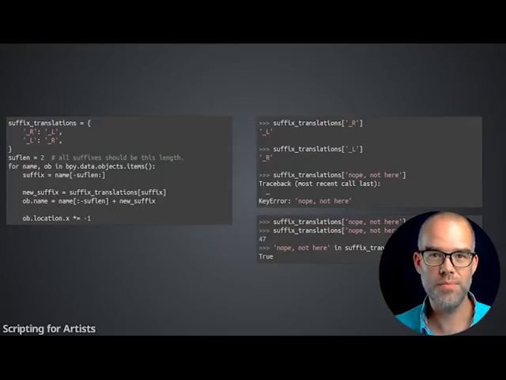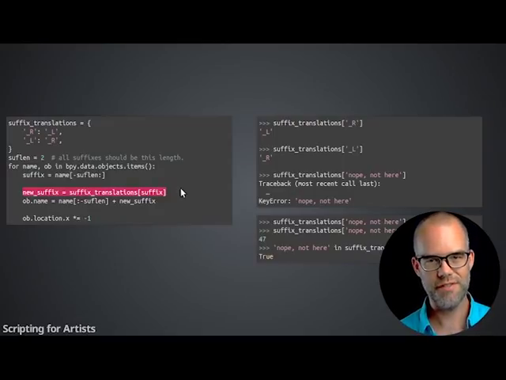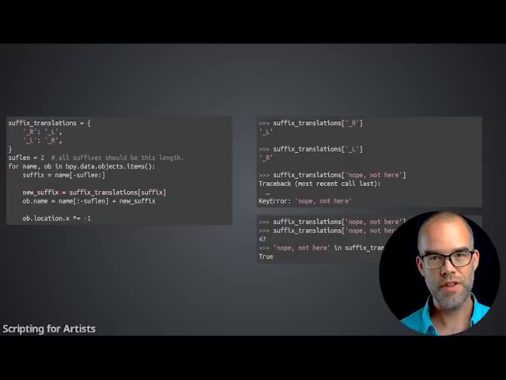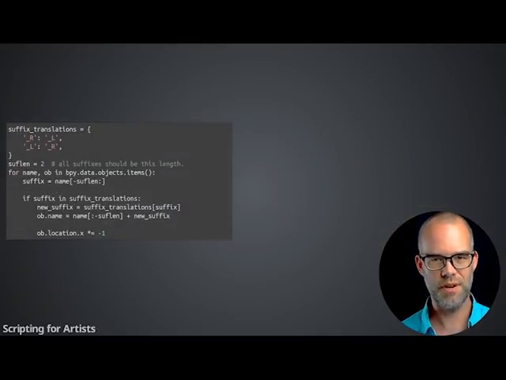But of course, not all object names will end in this. So let's look back at our code and specifically at this line. If the last 2 characters of the name are not in our translations table, then this will cause a key error. To avoid this, we can simply use the in operator to check the suffix, like this. Now our code only operates on objects that have been marked with a left or right, and other ones are